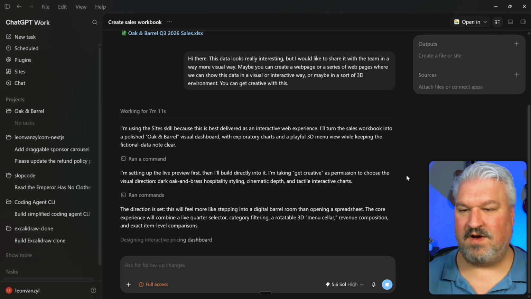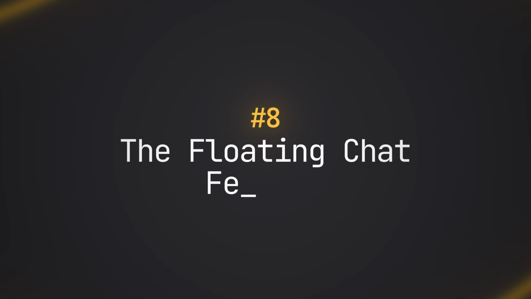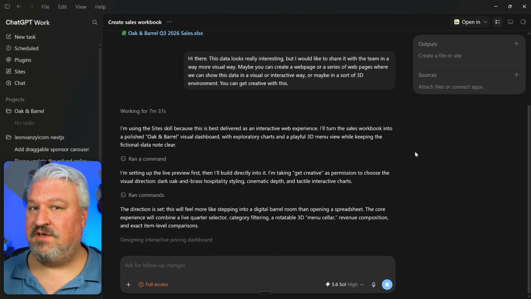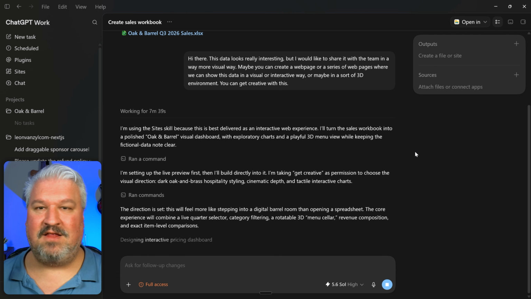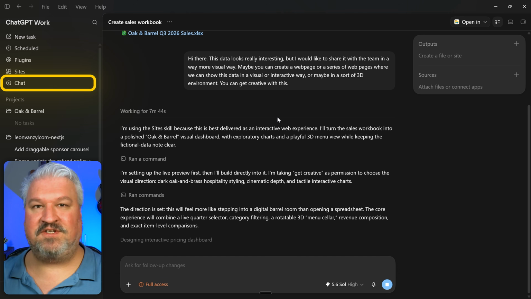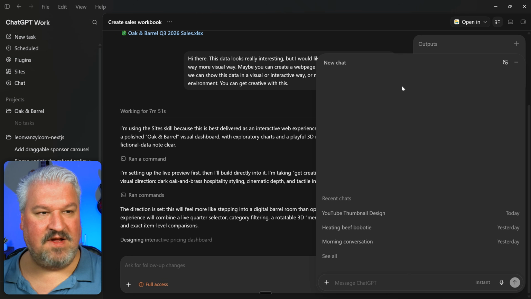So while this is working on our little web experience, you might be wondering, how do you just interact with ChatGPT normally? So if you just want to have a conversation, brainstorm ideas, without having to change files or any of that. Well, the chat feature is actually very different in the desktop app than what you might be used to in the web app. Instead of it being a full page experience, all you have to do is click on chat, and then that brings up this little chat